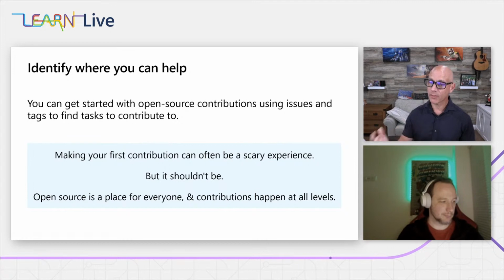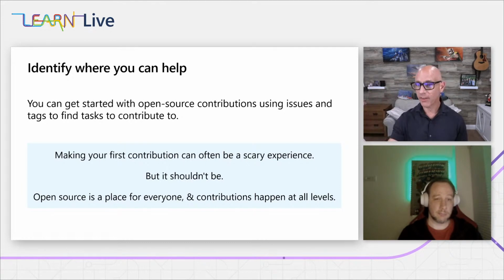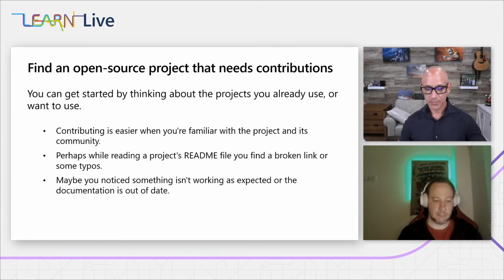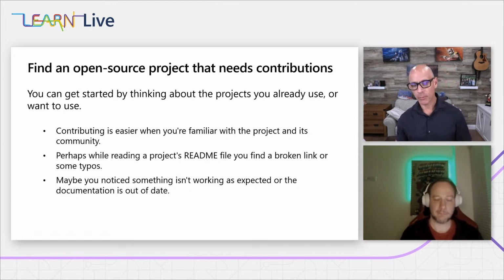And this is a place for all of us to contribute to. We can contribute with a single character, a change to a file like a typo, or we can contribute by actually adding code and multiple unit tests to a repository. So there are lots of ways that we can make this happen. I mentioned some of the ideas here. Here are some really simple ways you can get started. First, it's a lot easier than you might think if you're familiar with the project and the community. So find something you know. I know Peter. He's not too scary to me, maybe a little sometimes. So I'm going to go to one of his repos and look at one of his projects.